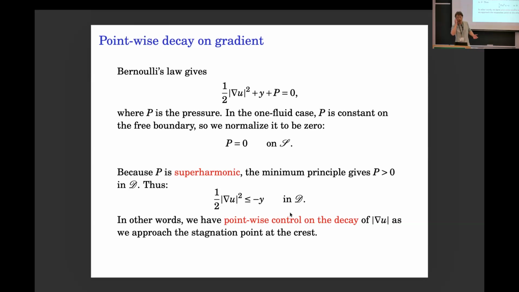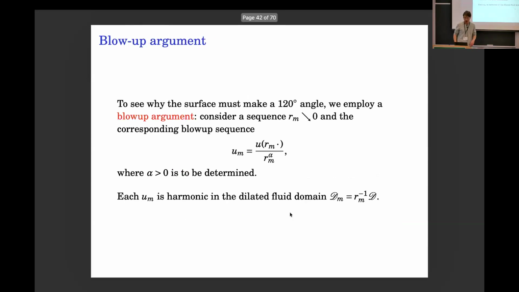So you have this boundedness of the gradient, which allows you to extract a limiting sequence. And with some additional work, you manage to show that this limit also solves the problem in, say, the viscosity sense, for instance. And then what you do is you look at that limiting solution, and you run this blow up argument.